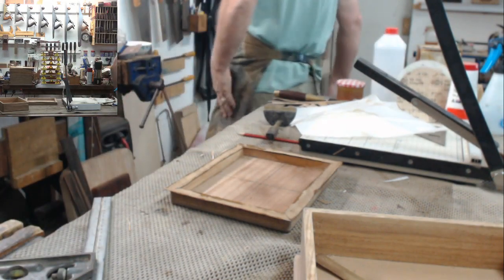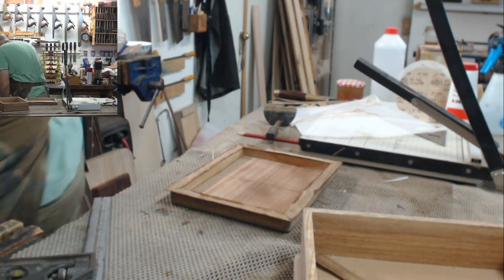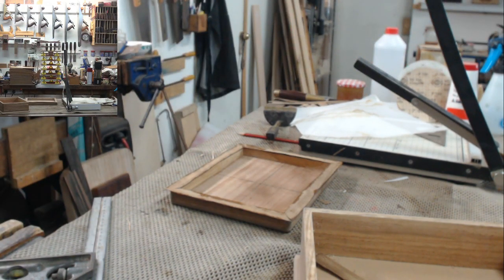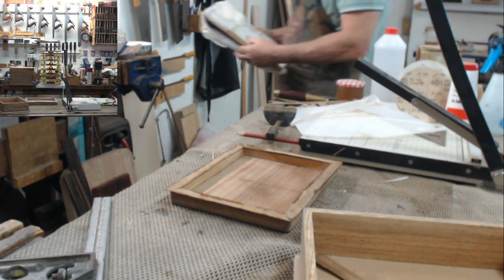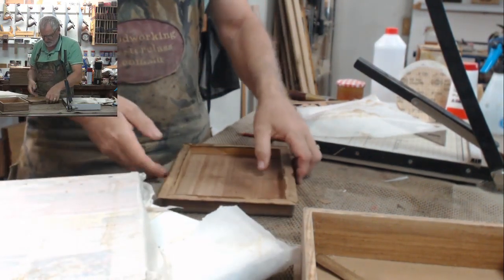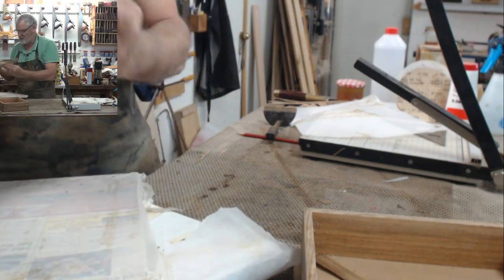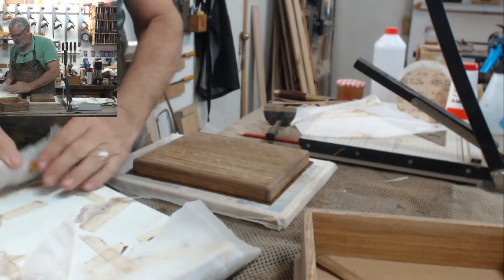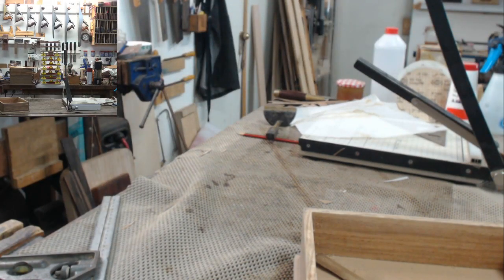What I'm going to do with this is, if I can find what I'm looking for, which, going by my recent tries, it's not going to work. Whoop. Well, that was good. I'm going to put this in the press. And we might go and do a bit of wood turning just to break the monotony. And then when I come back,